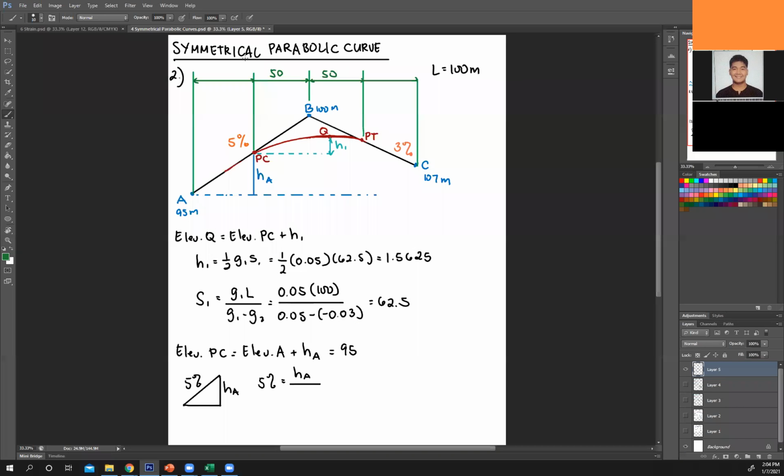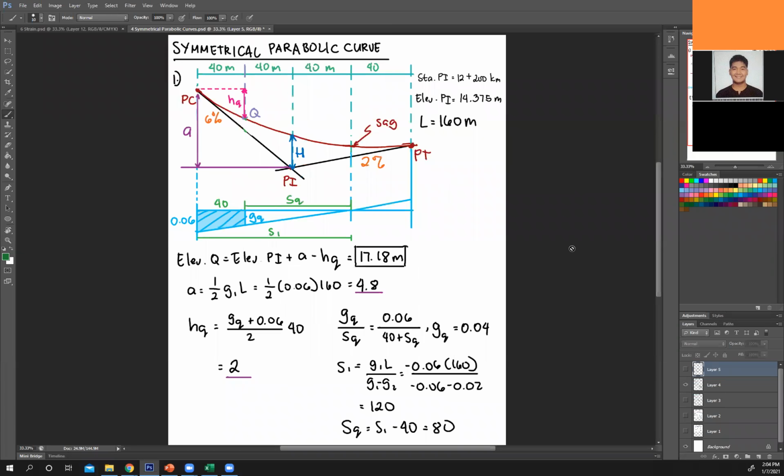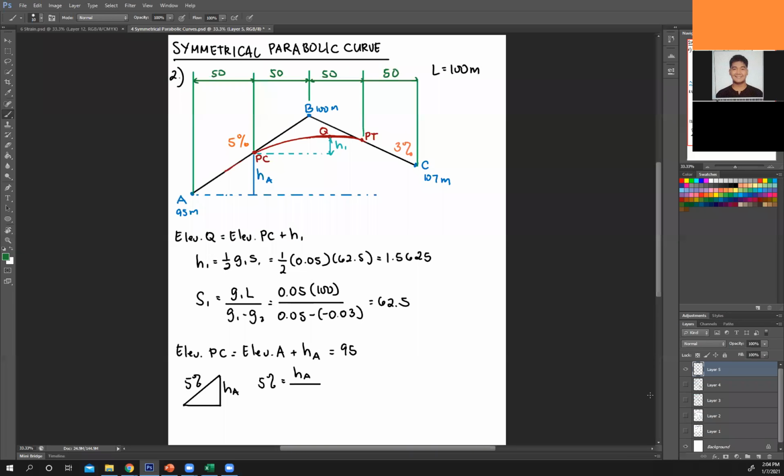And everything in equal amount. So this is also 50. It's also 50. Just like what we did here. Everything is in quarters. Okay. So now, therefore, I can say this is 50. Right? This side. And then rise over run, this is 50. Therefore, HA, what's 5% of 50? That's just 2.5, correct?